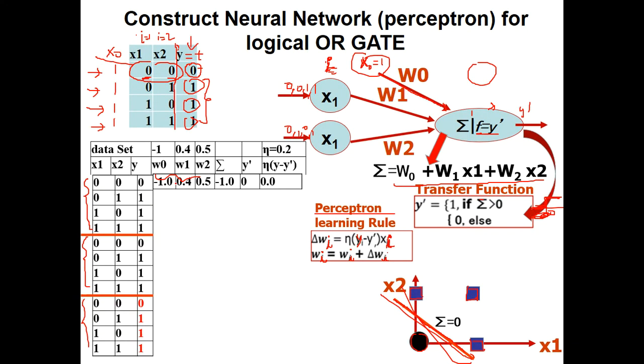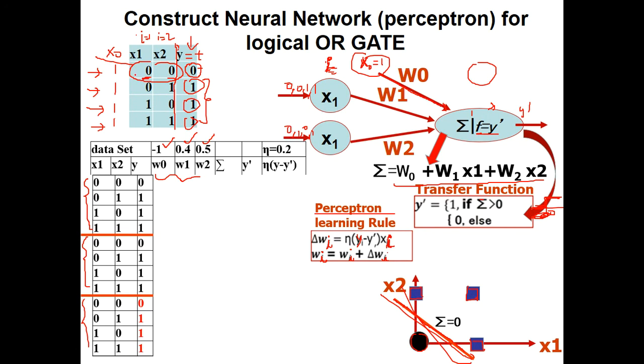And before learning we have to initialize each of the parameters like W0, W1, W2 and eta. So what is the initial value of W0? Minus 1, W1 0.4, W2 0.5. So these are randomly initialized. Eta is equal to 0.2, the learning rate. Fine. So in the first iteration, you first